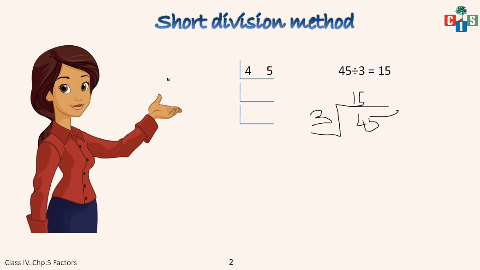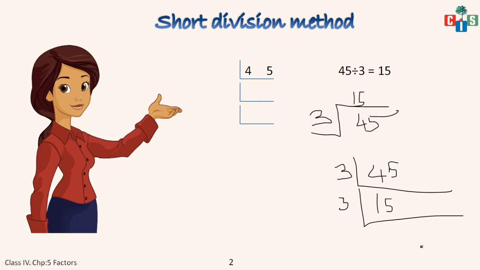Now in this type of division what you will do, 45 is written, first you will write 45 and then you will do the reverse division sign like this way. 3 as a divisor, I will write 3 here and this 15 is written above, so I will write it below here. Then again I will do this type of sign and then I will again divide 15 by 3 and I will get the answer 5. Then again I will have 5 and 1 here. Are you getting how you are going to solve this?